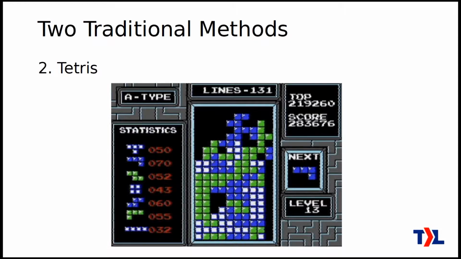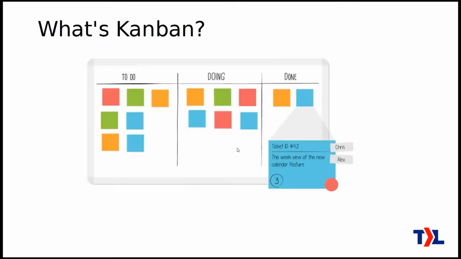So let's take a quick look here at what is Kanban. Well, you might recognize this if you've ever used any sort of tool or even just sticky notes on a whiteboard. Kanban doesn't have to be complicated. Basically, the idea is that you make columns for the key stages of your work. Work starts out at the left. As it moves through the key stages, it moves along the columns towards the right. And when tickets are as far as they can get to the right, then that's when they're done.